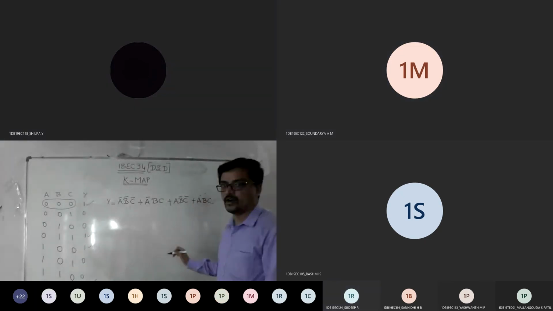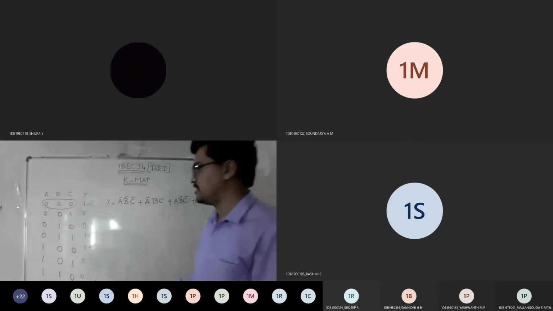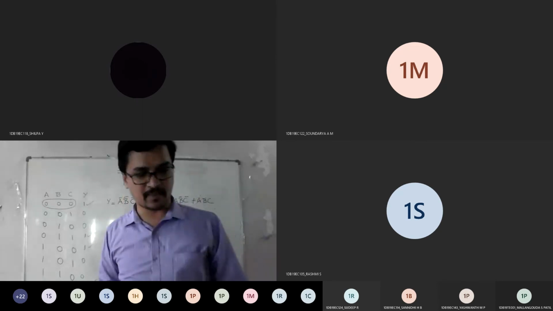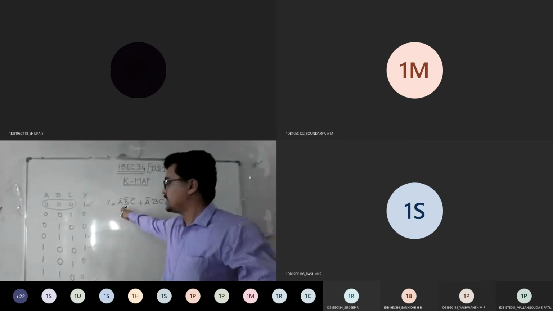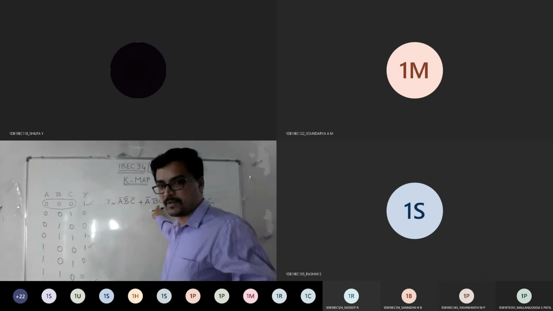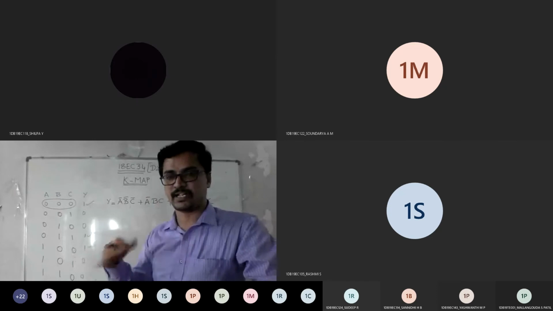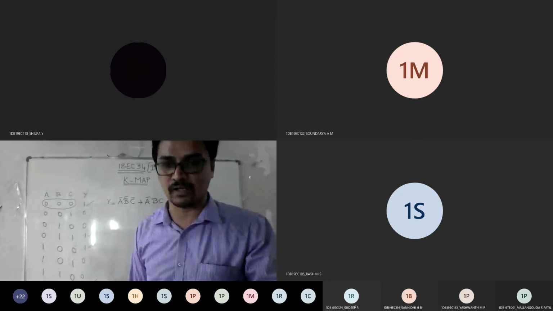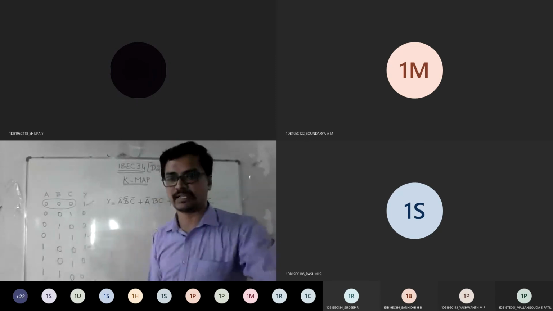See, till now what you have solved was, they used to give this, from this you used to solve. But instead of that, they give you a table like this, from this you need to build. See, the same concept can be applied to your POS also. So at that time, you need to represent this in which way? A plus B plus C into A plus B bar plus C bar. Understood? Because it is product of sum. So the same question you can expect for both. They may ask you to get this in terms of your max term also. So for that purpose, I am telling here only, just have a comparative statement clear.